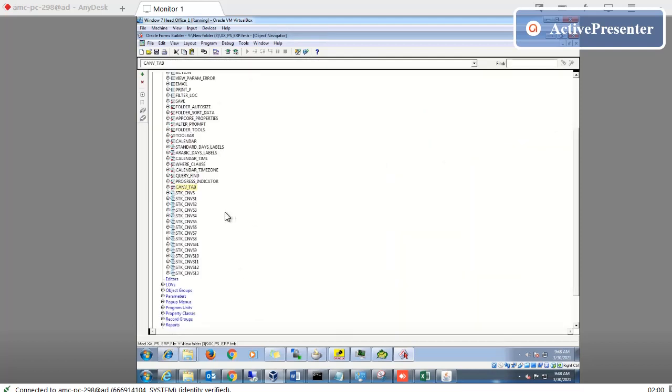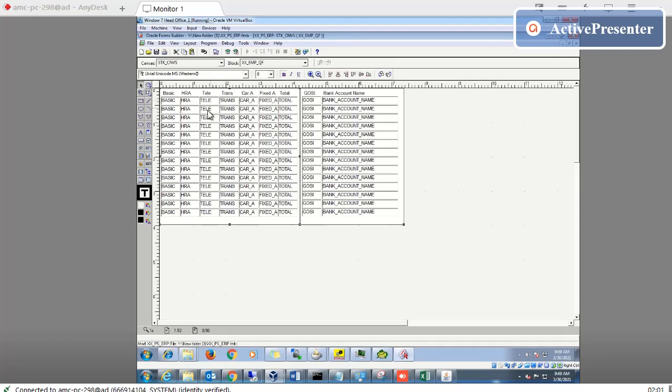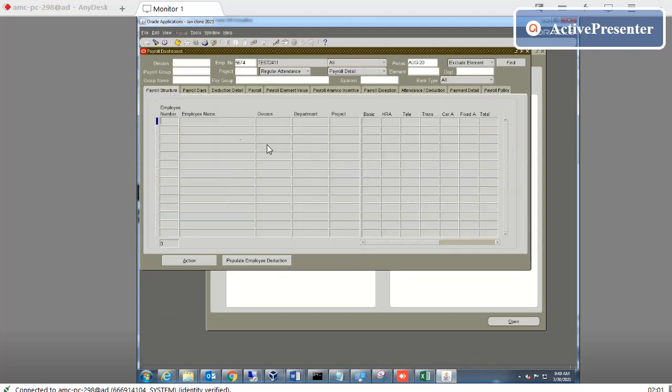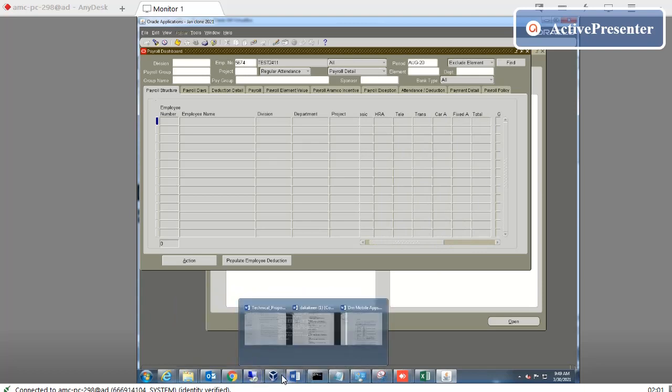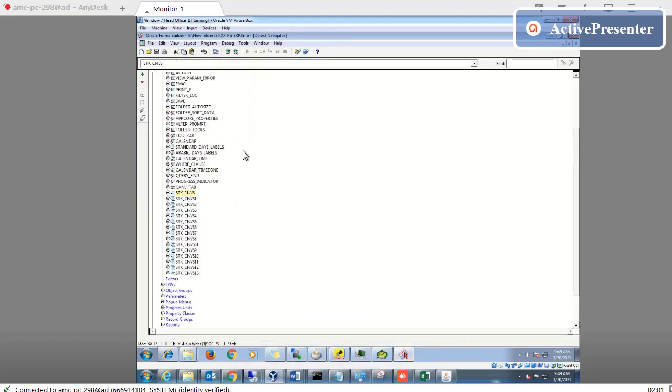Okay, how do we do it? See, we make a different type of canvas here. See, basic, HRA, it is coming. This tab, first tab. In the first tab, you will see this canvas. It appears from this. Where is this one? This canvas appears. Okay. Second canvas. If you go to the second canvas.